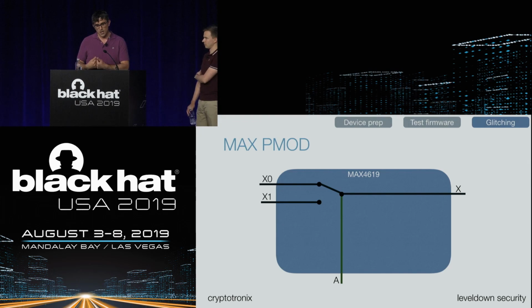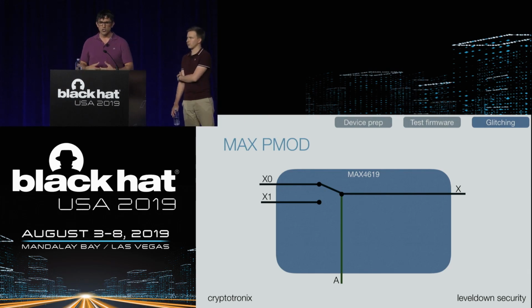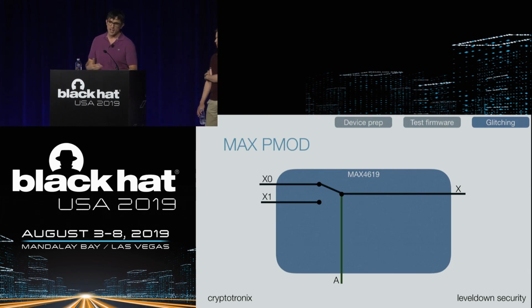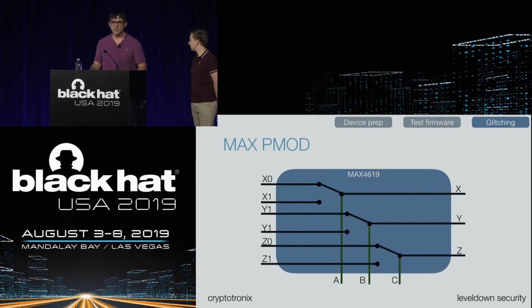So typically, our inputs are usually some voltage level and ground. So X0 would be 1.2 volts for a VDD core, X1 will be ground. And what we want to do is switch between them. The way that works with an analog switch is you apply power, also called the enable signal, and it'll switch over. It's a 3-channel switch, so when you do that in 3 channels, it looks like this. There are a lot of wires going on there, but it's 1 channel multiplied.